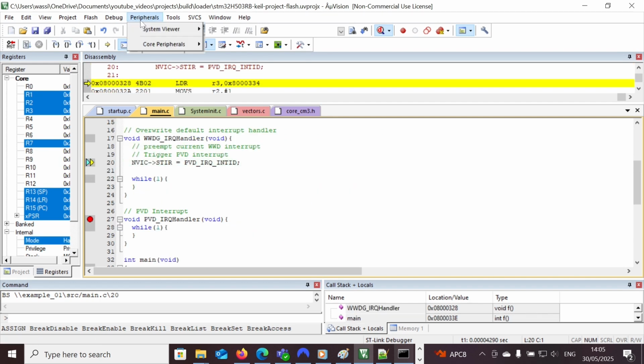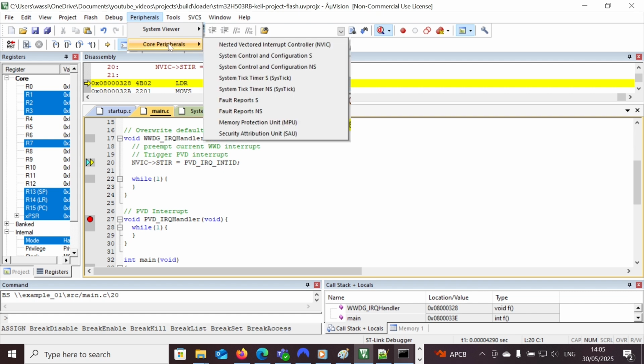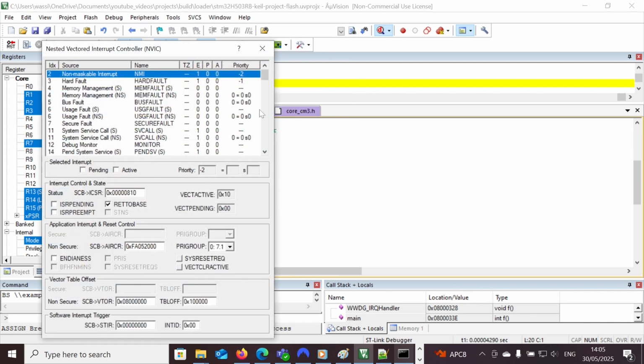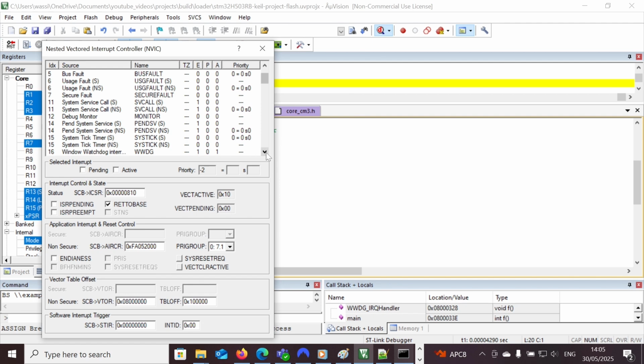Now if we check our NVIC registers and we go slightly down, we can see